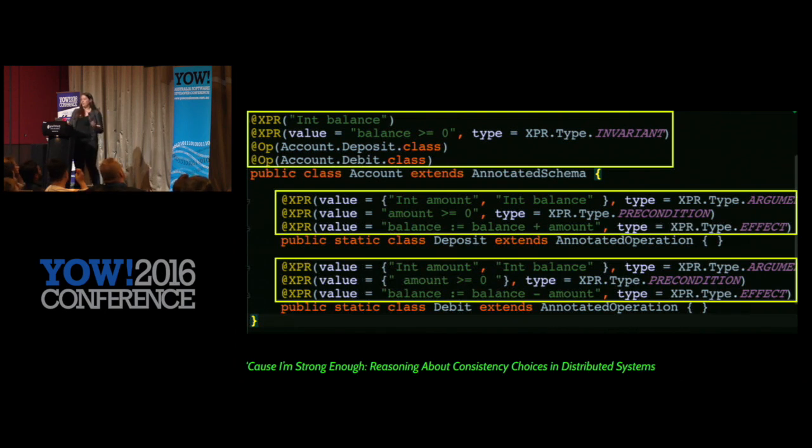So what will actually happen if you ran the tool is that it will tell you, hey, you can't run this without some kind of strong coordination here to debit an account, because it has to check with all the other replicas to say, is my account balance greater than 0, and make a debit, and it has to hold an exclusive lock on the account balance at that point in time. So this is super cool because I define my invariants, I define the semantics of what I want my application to do, and then I have this tool that helps tell me that my assumptions are correct, that, hey, I need coordination here, or I do not need coordination here to maintain the invariants that I've described.